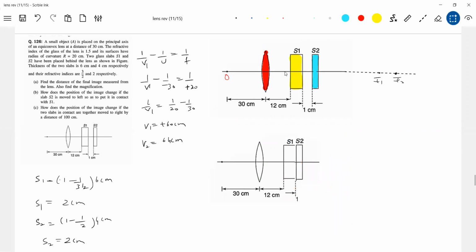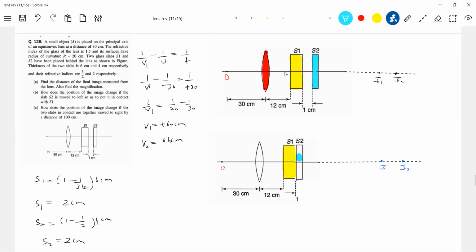Will anything happen to the image position? No change. Nothing. There won't be any change. But slabs in contact, nothing to do. So where the image I1 was here, now the image I2. I just wanted to show the diagram as it is. So the slabs are in contact now. So what is the impact of that? Nothing will be there. Whether slabs are in contact or they're separated, it will not have any effect.